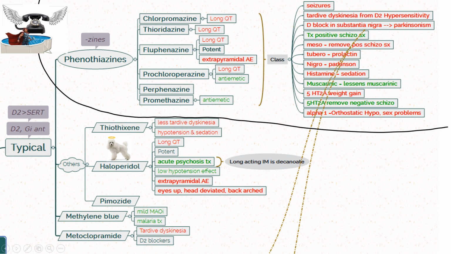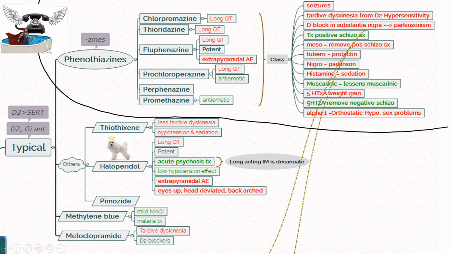There it is, typical. Okay, so these typical ones affect the dopamine 2 receptors more than they affect the serotonin. So dopamine more than serotonin, which means dopamine is what causes those Parkinsonism effects. So these ones are going to have greater Parkinsonism effects than the atypical, because the atypical are actually more serotonin than they are D2. And also,